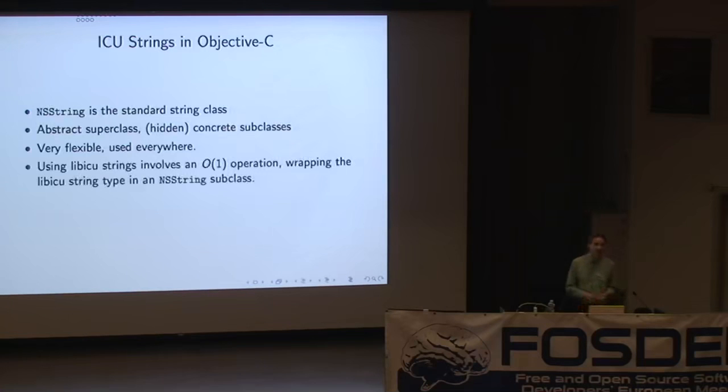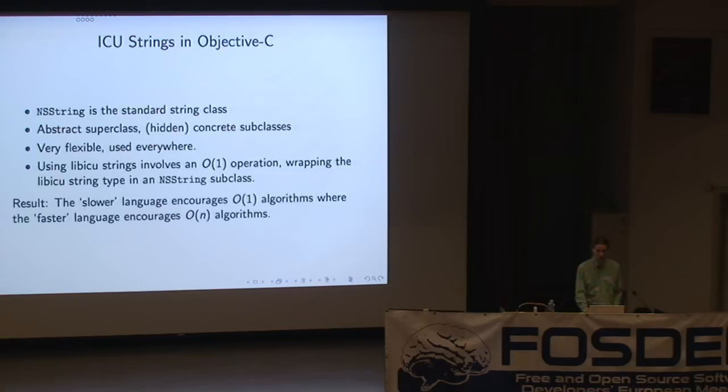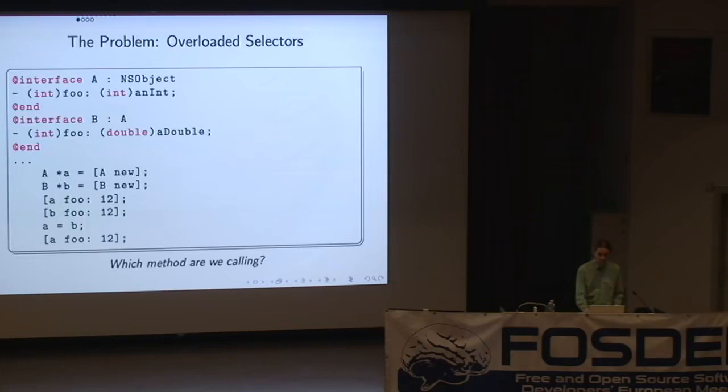So everyone uses it. And when we call ICU functions from GNUstep, we just have a subclass of NSString which uses the ICU underlying text representation. And we do that the opposite way around as well, so we implement their abstract data type in terms of NSString. So we have two constant time operations. That's great. So the slow language, Objective-C, ends up using algorithms that are much faster just because that's the easiest way of doing it in Objective-C. So that's how to make Objective-C fast.